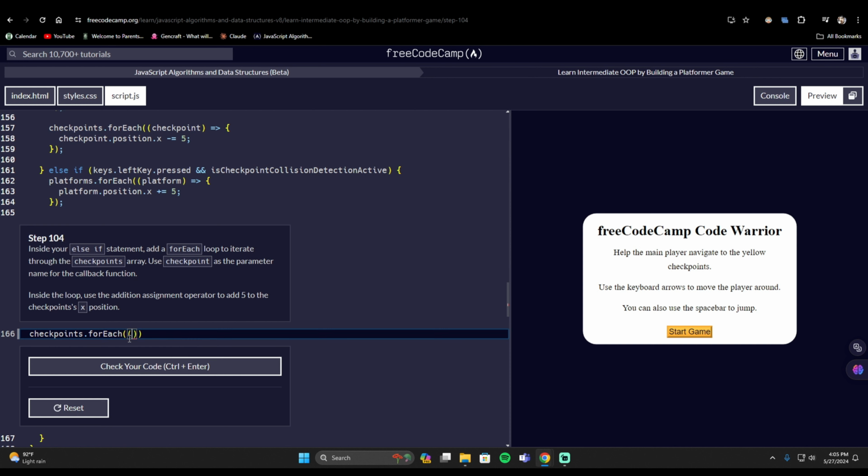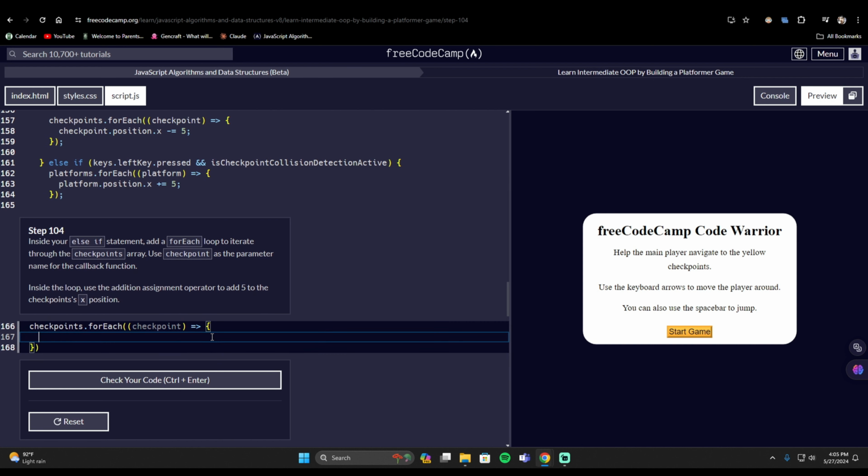And we would have here a callback function and those iterated elements inside the checkpoints array, and let's name them as checkpoint, our parameter rather. And inside the callback function, there should be an addition assignment operator to add 5 to the checkpoint's x position. So again, we access the parameter, which would be interpolated here, the position,